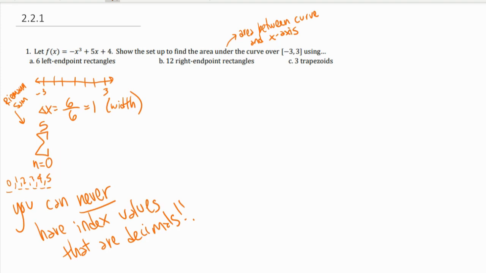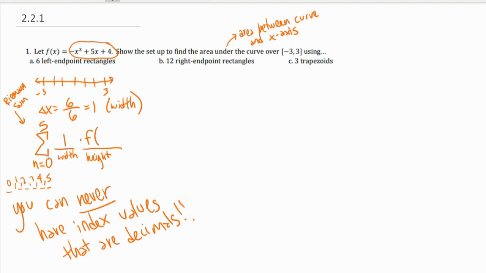And then think about the area of each rectangle. It's going to be width times height. Base times height. Now my width, I already figured out, of each one is just 1. And since they're all widths of 1, I'm allowed to do this. I can just factor it out. But the heights are not all the same height, right? To find the height, I would have to actually plug stuff into the function. So I'm going to set that up as f of,